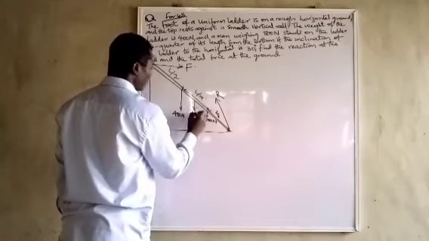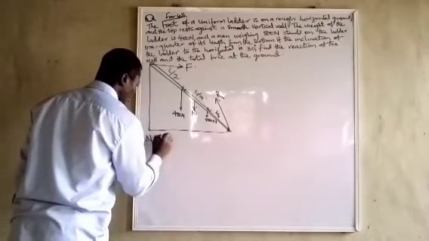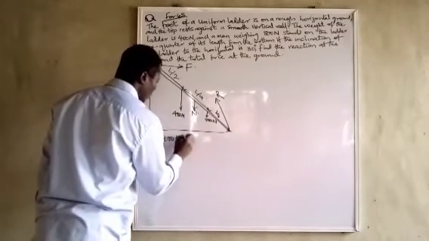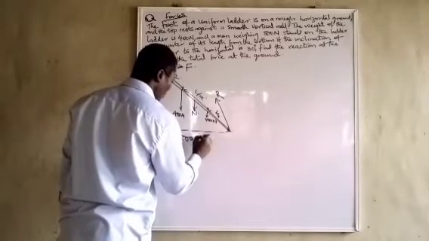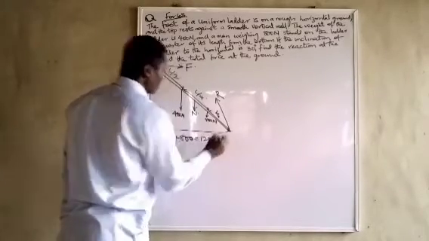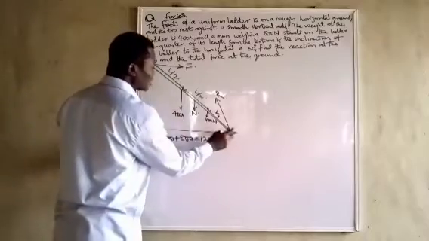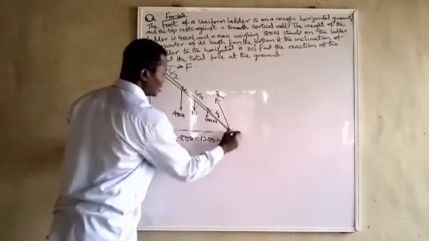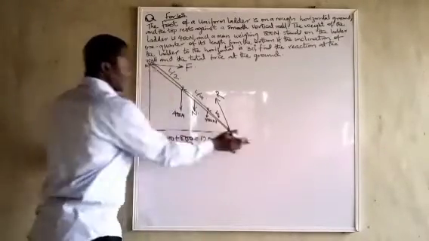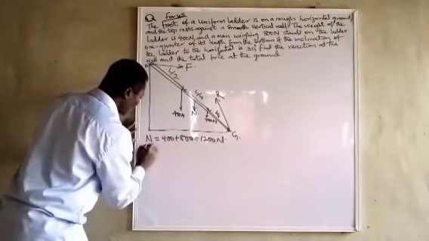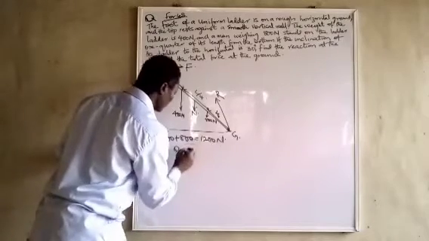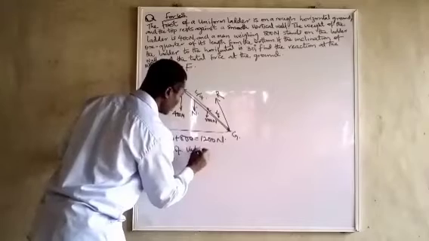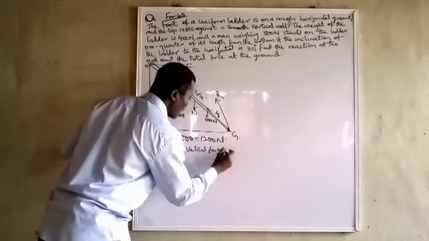Let me call that one N. So N is equal to 400 plus 800 because they are in equilibrium. So this is 1200. So let's find the moment about this point G. Let's call this one G. Let's call this place W because it's ground and the wall. So moment of vertical forces about G